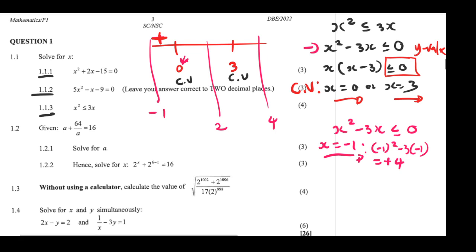Anyways, now let's test x being equal to 2, right? So we're going to be testing these values. So we tested this one, it's fine. Now we're testing this one, x equals 2. So you go back to your equation and you substitute 2, and what I'm getting is minus 2, right? Getting minus 2, meaning any value that is between your critical value of 0 and 3 gives you a negative